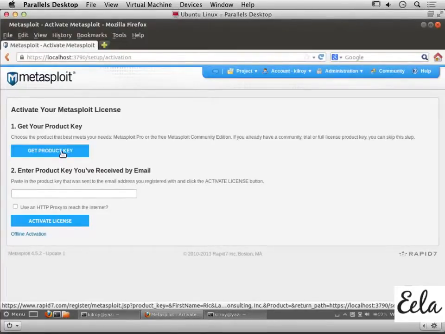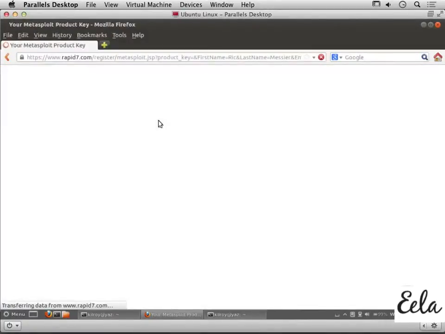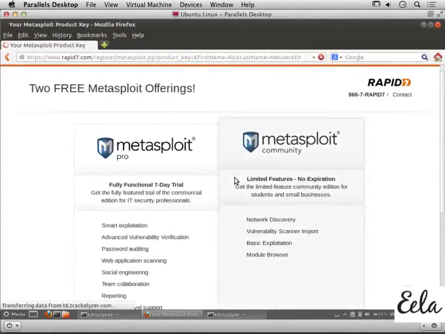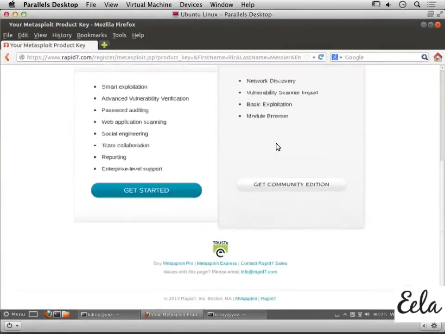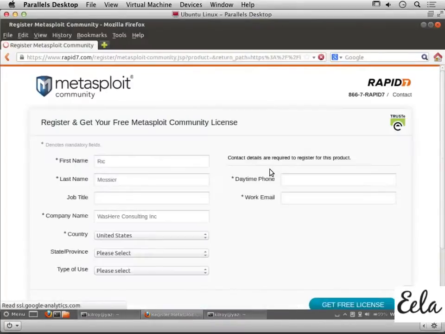So at this point, I could go get a product key, and it's going to send me off to Rapid7, where it's going to ask me which one I want to use. I'm going to get the community edition, which is the free version. And so it's filled in some information for me. I am going to